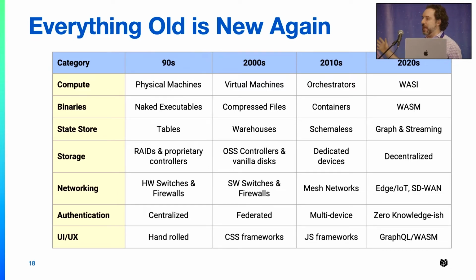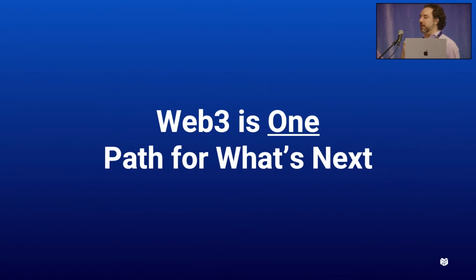Now, I want to be very clear about these things. This is just my take on it. You can argue that on any given square, any column here, there are many, many technologies, many that continue to be pursued to this day, but these are kind of like some ideas about what might happen. Web3 is really one path for what's next, and this is something that only really came to fruition for me, or understanding for me, as I dove deeper here. There's nothing to say that you need to be a Web3 maximalist on day one. Can we get there? Can everything be Web3? Sure. But that's not going to happen tomorrow. And certainly, if we require that, that's going to exclude a whole bunch of Web 2 developers.